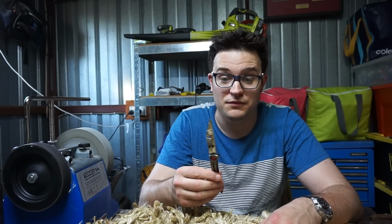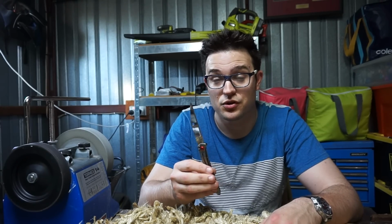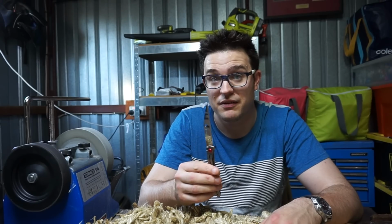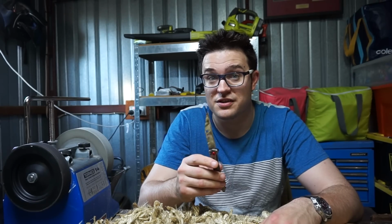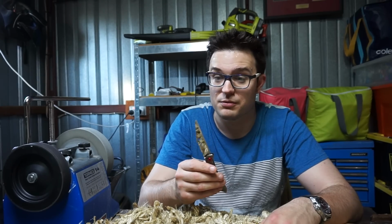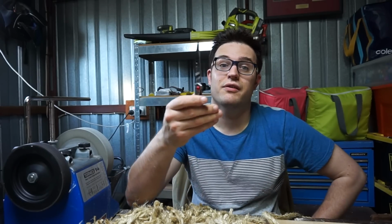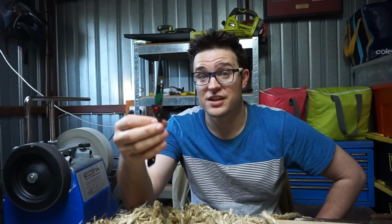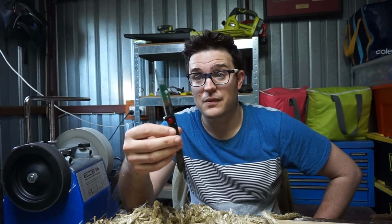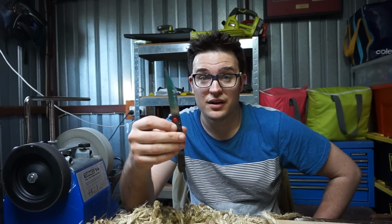It's the winner. Sorry Rex 121, but you gotta drop all that iron and vanadium and everything else and just go total tungsten, man. What a stuff. What a thing. If you had this knife as your EDC knife, you would basically never need to sharpen it. It would almost be single use. Whether you can sharpen it or not, I'll probably have a look at that in another video later on. But yeah,